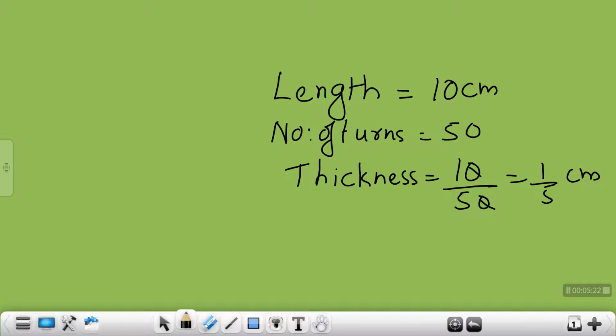So suppose you want to find the length of a curved line, then you take a thread and a meter scale. Then you can measure it by placing the thread over the curved line. And if you want to find the diameter of a sphere, then you take two wooden blocks and keep the sphere in between the wooden blocks. Then look at the board.